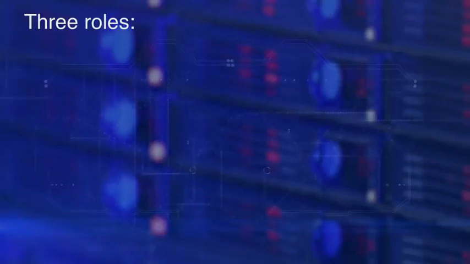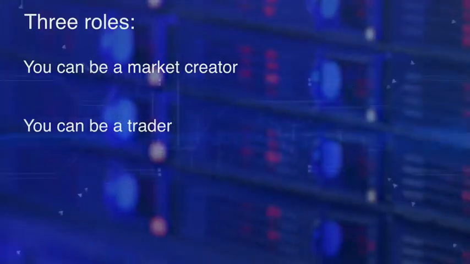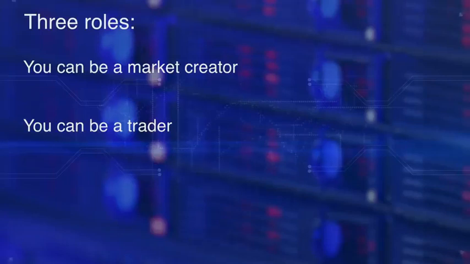There are three main roles or types of participants. You can be a market creator who places the market event and sets the expected outcomes, pays fees and escrows, and establishes the rules and designates the initial set of reporters. You can also be a trader who places the bets on the expected outcomes and takes part in the pre-reporting phase of the process.